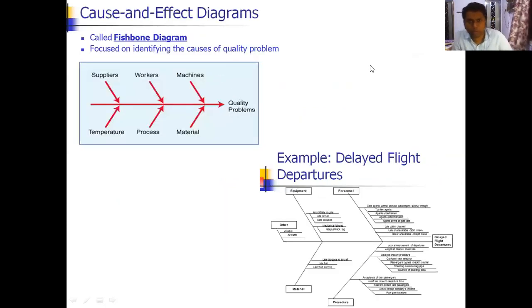Okay. And then it is also very important, and it is quite widely used, that is cause and effect diagram. It is also known as Ishikawa's fishbone diagram, because this was invented by Ishikawa, Japanese quality expert. So here the effect is represented. Suppose quality problems, or suppose welding defects. So here the ultimate effect is represented, and these arrows actually represent the